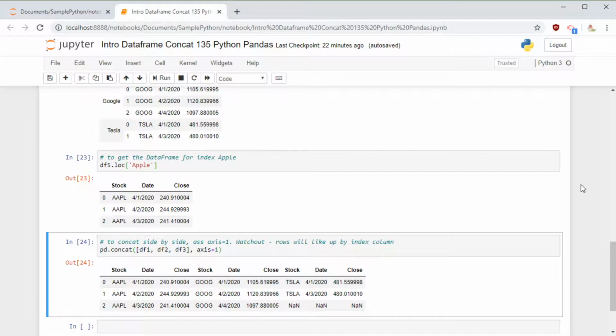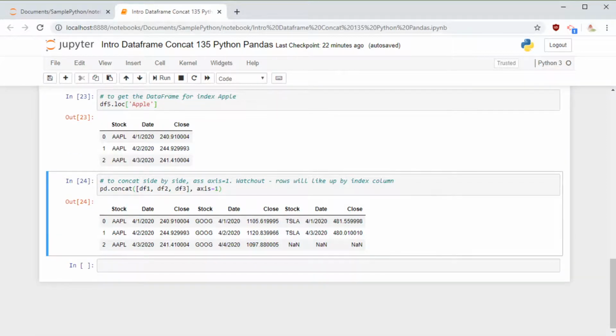Okay, then how do we change that? In one of my prior videos, I explained how we can set an index and do all this kind of stuff. So let me go over that here. Let me insert a few command lines. I press the B button, B as in Boston, so I'm able to insert a few commands.